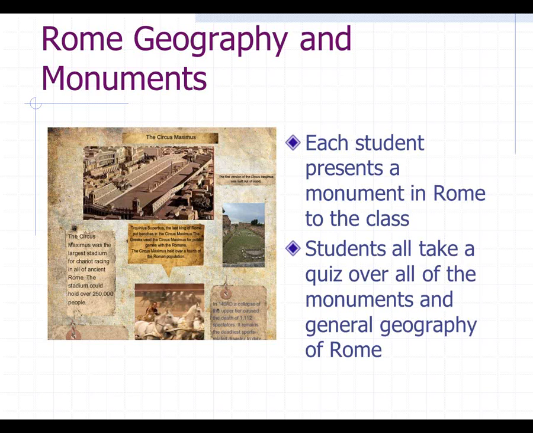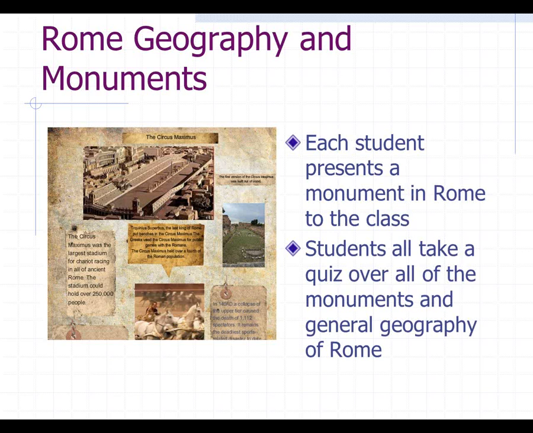The glog you see here on this slide about the Circus Maximus is actually from a weaker student in my class. And so you can see that it still came out pretty nice. Everything is still legible. He's got reasonable pictures that meaningfully show the Circus Maximus. And also using the educational version of Glogster, all of the students can look at their classmates' work after the project is presented, so the glogs then become a study guide for the quiz.